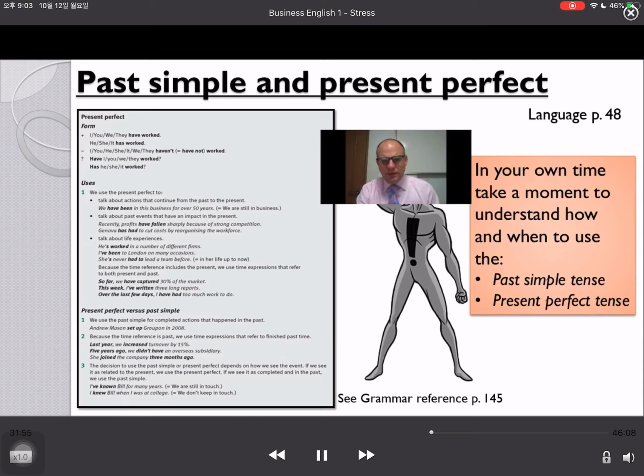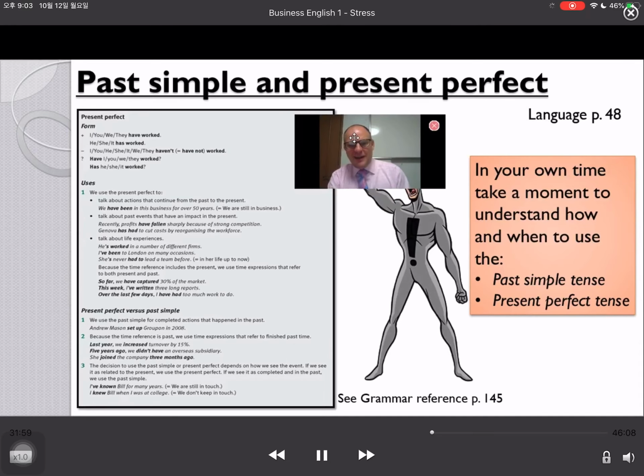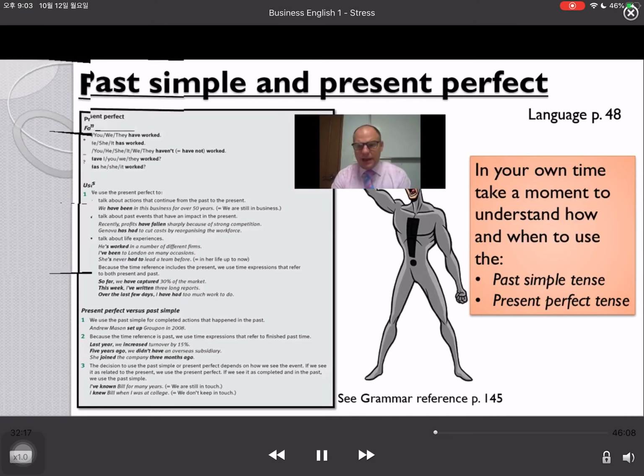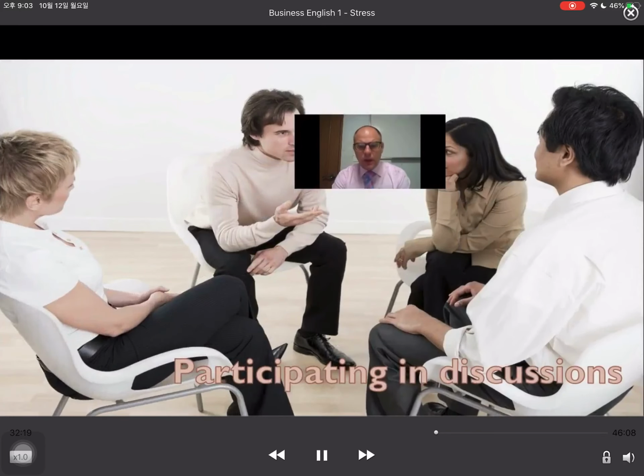I know many of you have had a lot of grammar teaching up to now in your English education, so it's really up to you. If you want to look through that grammar, please do, and work through the questions there. But once you've finished it and you're happy you've got a good understanding of what it's talking about, we've got the participating in discussions section, the skills section